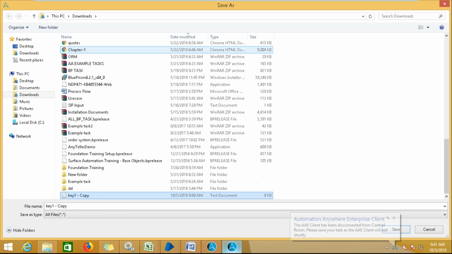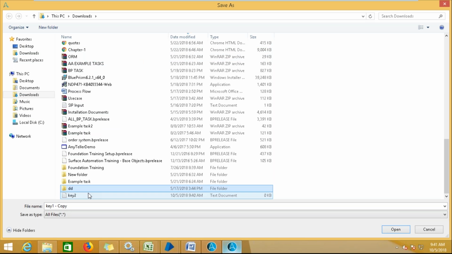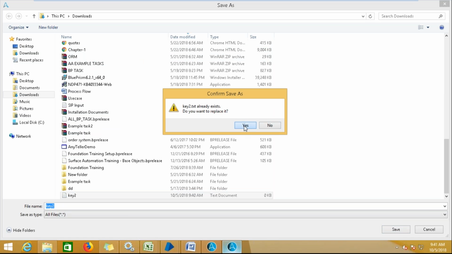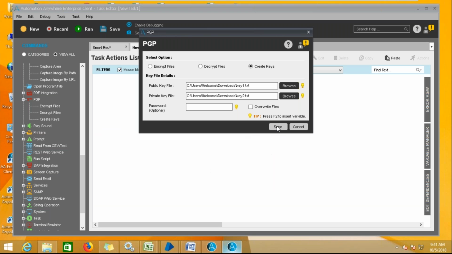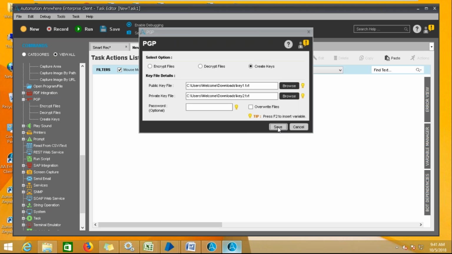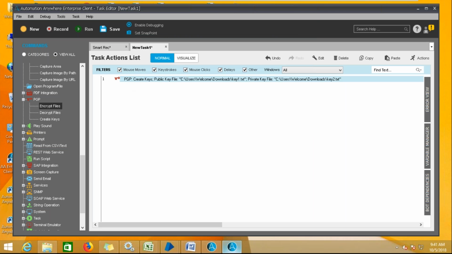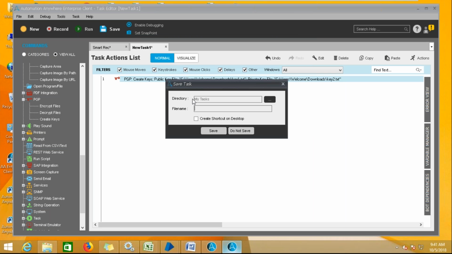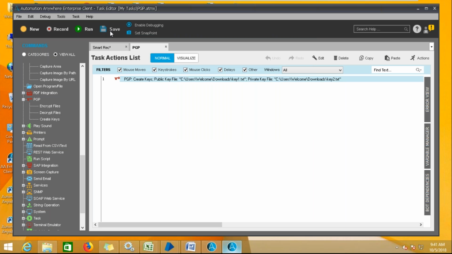So if I go back here, I will give the name 2. With this, click on save. This will actually generate a key. So let us first test with this, or I need a control room key.